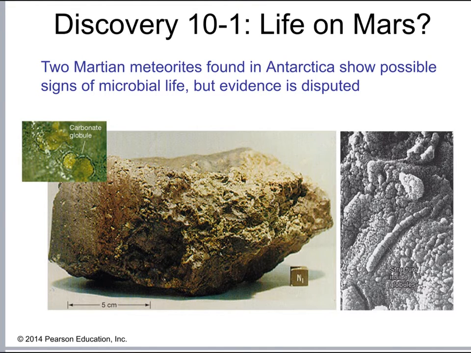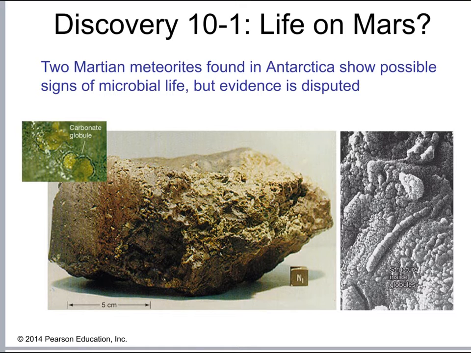meteorite in Antarctica. Now, you may wonder how that happens. Imagine there was some impact, the kind of thing that would make a crater on Mars. That caused a lot of debris to be thrown up into the air. Some of that debris was given so much energy it was actually able to escape Mars's gravity. Now, keep in mind, Mars is a much smaller planet than Earth, so it has a much weaker gravity. So this meteorite basically got blown off the surface of Mars and went into space, and it eventually intersected the Earth's orbit and landed on the Earth, and it was discovered, and when they realized what they had, they were